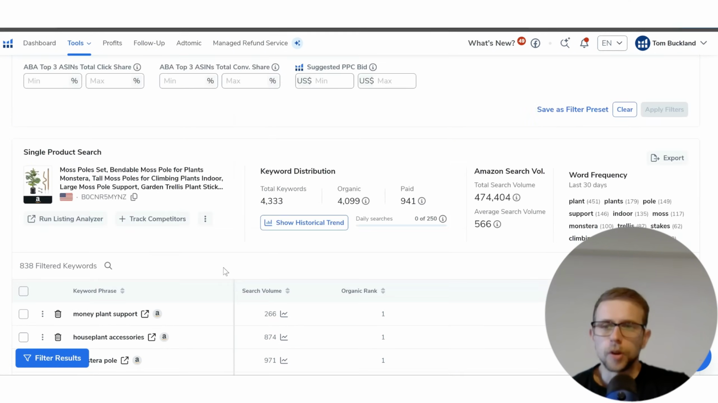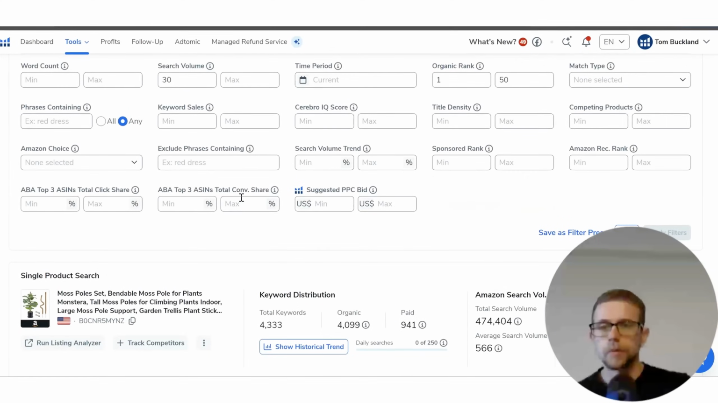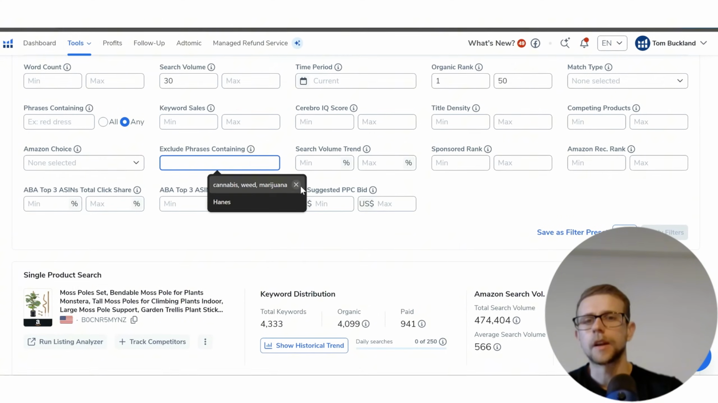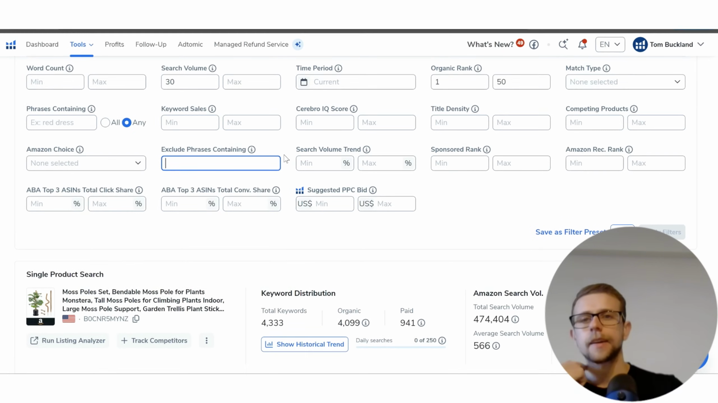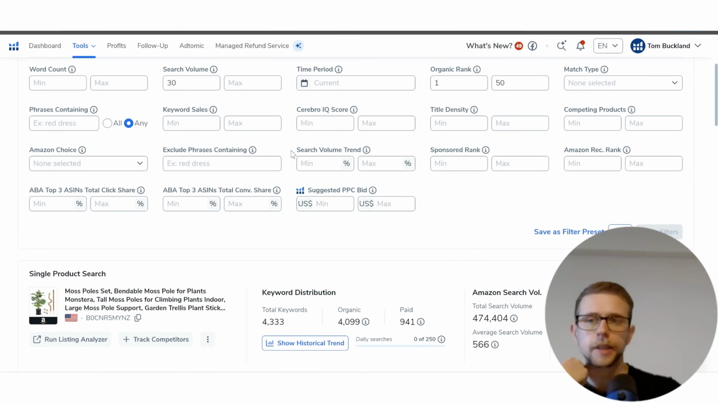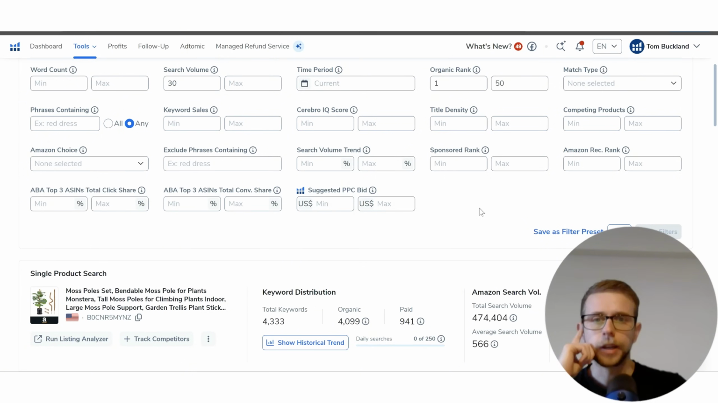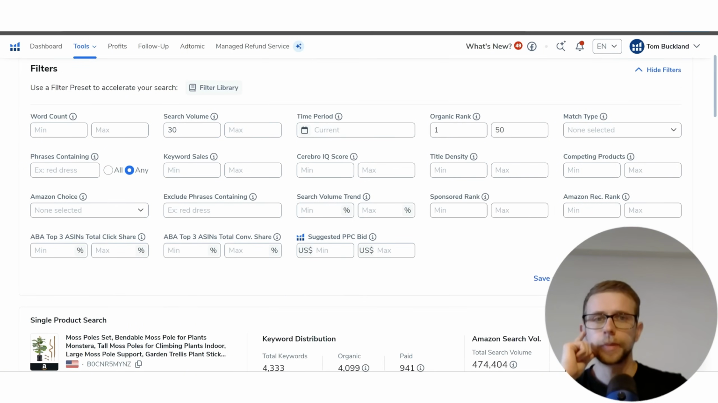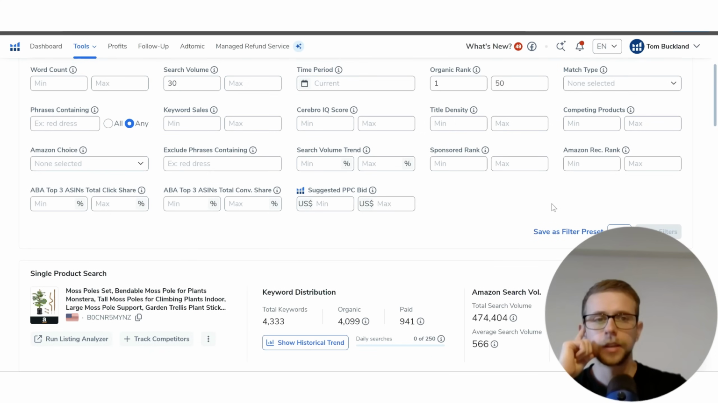Potentially anything with the word pot in might be worth removing, just because it's not actually that relevant to this specific example, but we're going to leave it in for now. Now, don't worry about going through each keyword individually. I'm going to show you a fast track way to do that in a second, but all you'd want